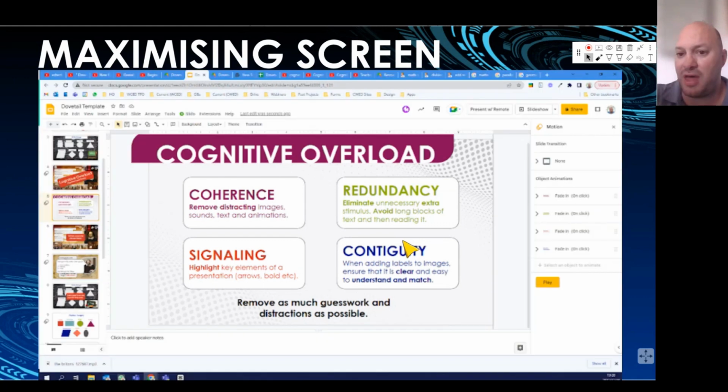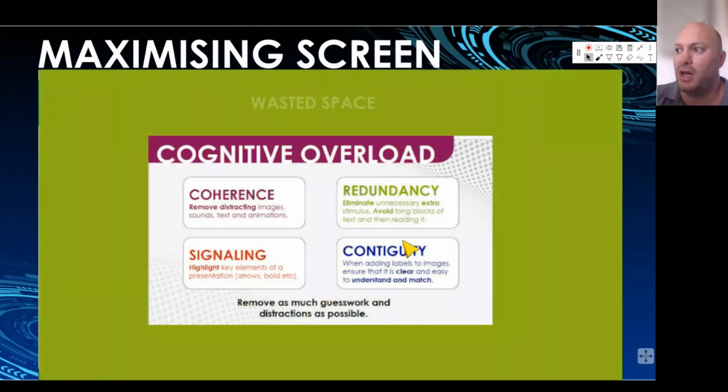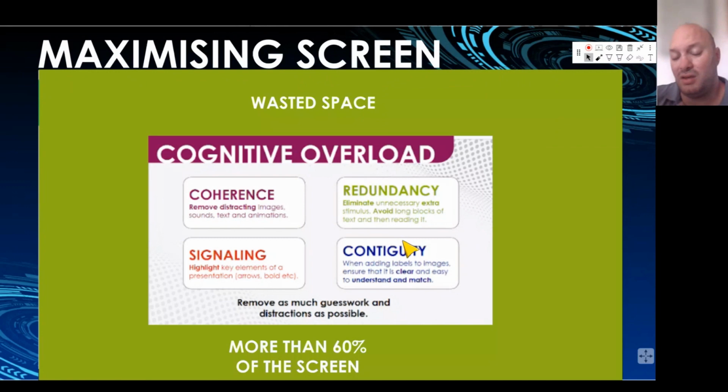Now imagine for a second that is what I'm sharing, and that is wrapped up in the Teams interface as well. Whatever it is that they're seeing, even though the text might be quite large, they're going to end up seeing something tiny, and they're not going to get the focus right. They're not going to get what we want. And what you're actually doing is, more than 60% of the screen, if you don't go into presentation mode, is